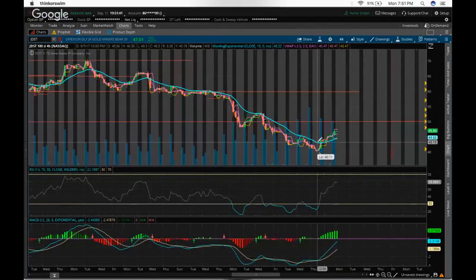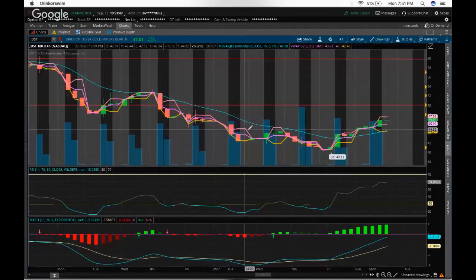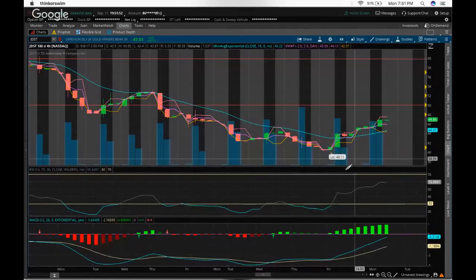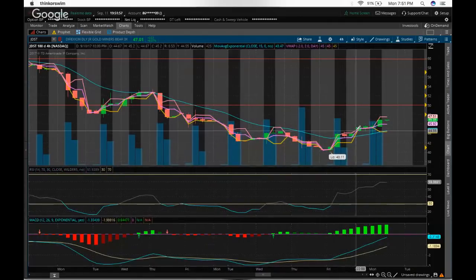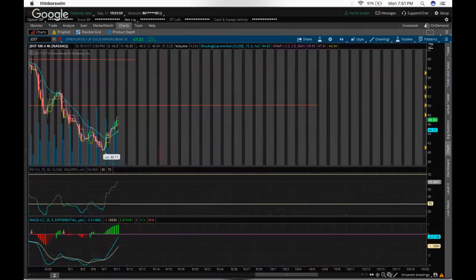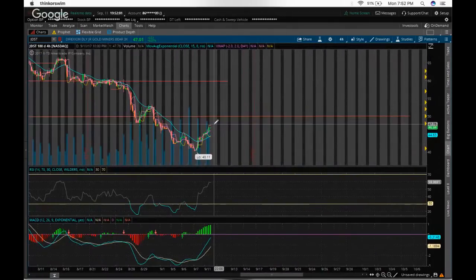Oh, there we go. Okay, so it crossed around 42.80 and so on. Overall, again, I waited for the bounce. I waited for it to be oversold, and I waited for it to break above the EMA line, waiting for my 3 indicators to indicate that this is a good stock that you can swing trade. I only held it over the weekend, and